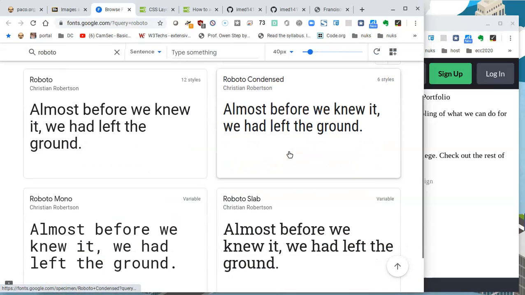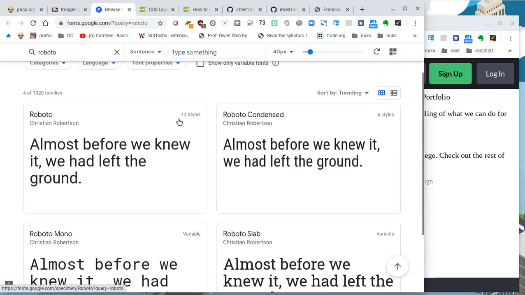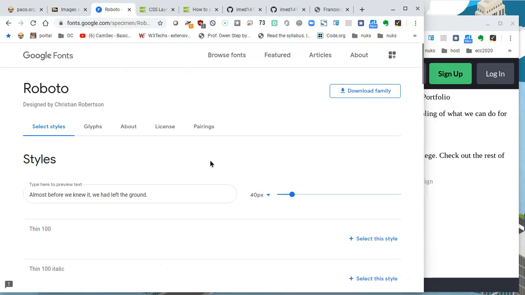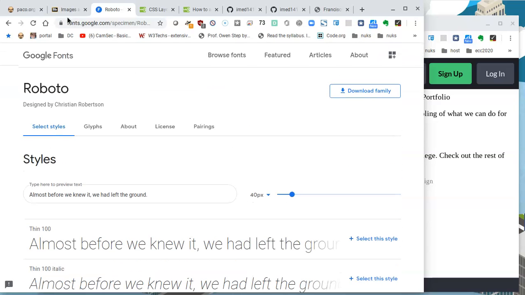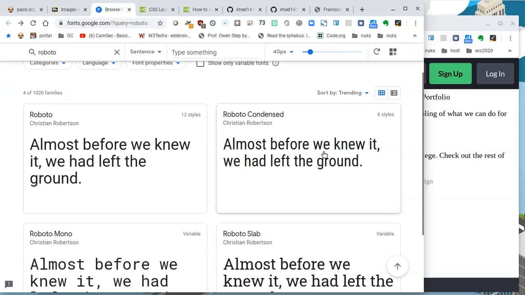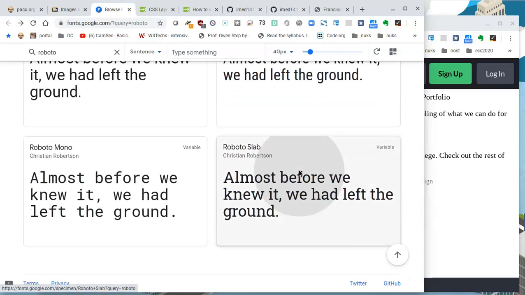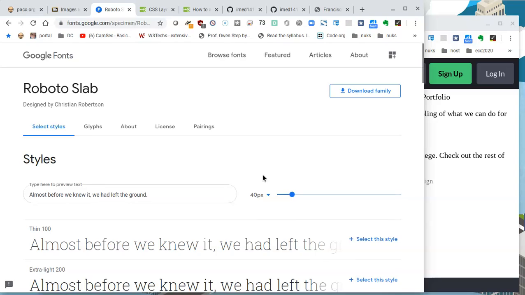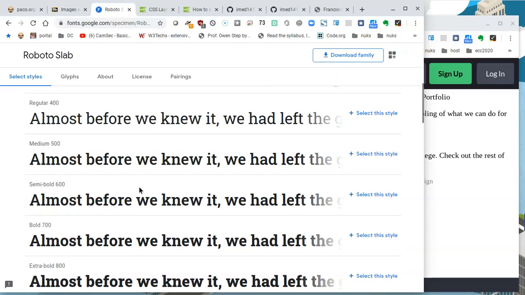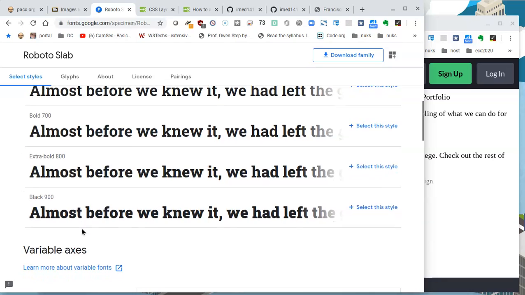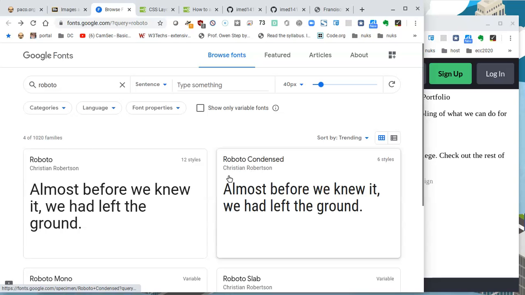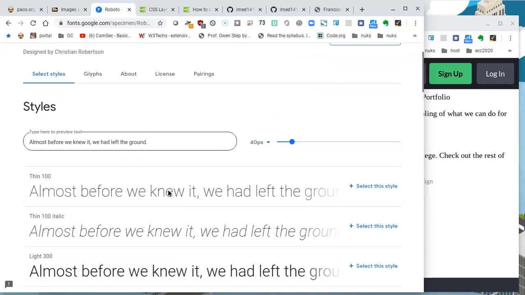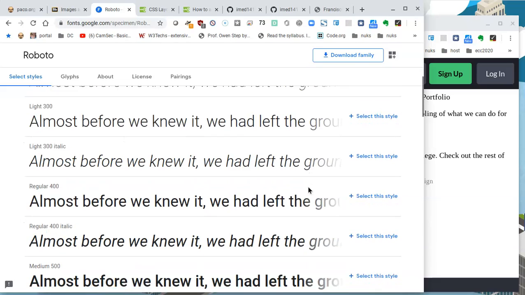Let me see about looking at the Roboto itself and seeing what it tells me when I click on it. It should give me the family of fonts that are available. And sure enough, there they are. If I look at the slab, this is actually a serif font, see how it's got the little feet? Well, I'm just going to stick to the simple one, Roboto here, and it gives me the styles that are